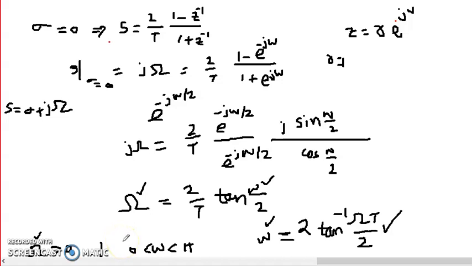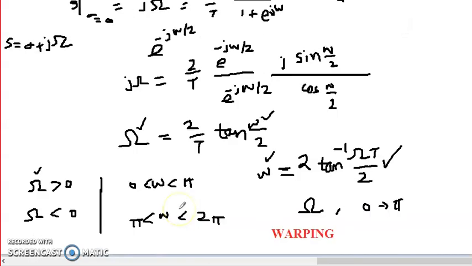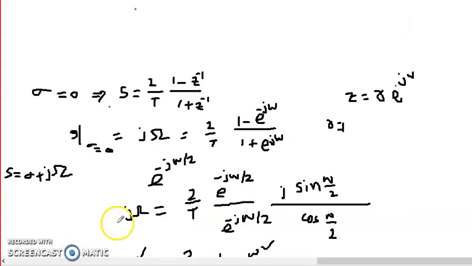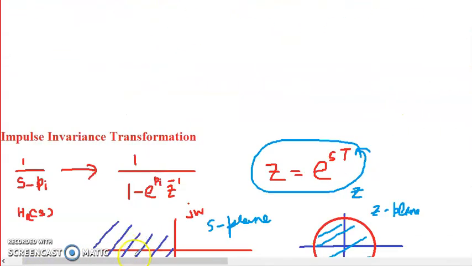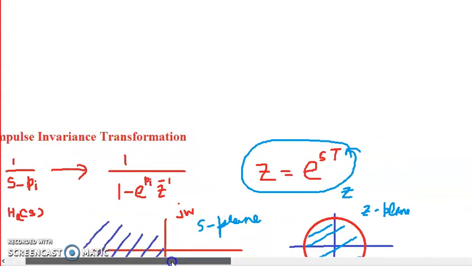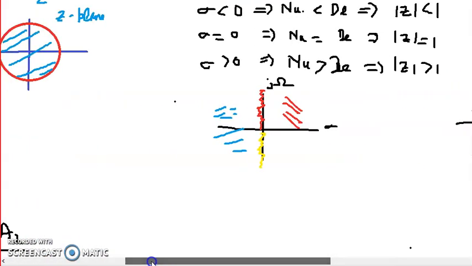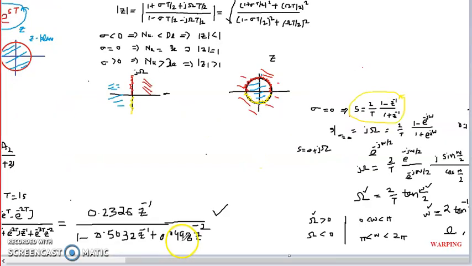So this is how bilinear transformation could be obtained by this transformation. S can be converted to 2 by T, (1 minus Z^-1) by (1 plus Z^-1). This transformation is called bilinear transformation. So in fact we have discussed two transformations. First was impulse invariance transformation, and second was bilinear transformation, and both of them can be used to